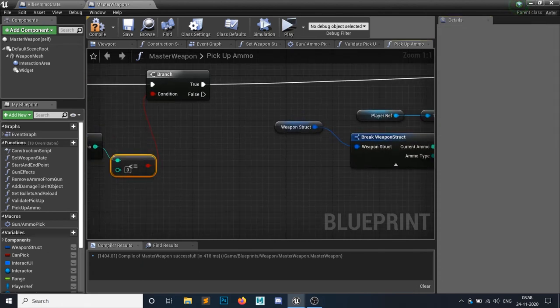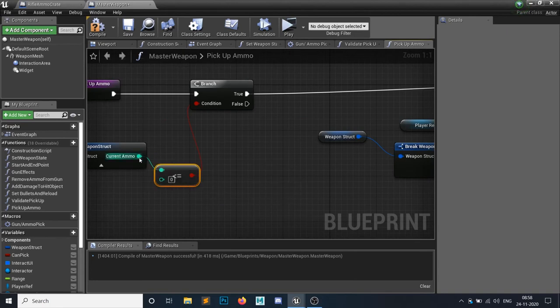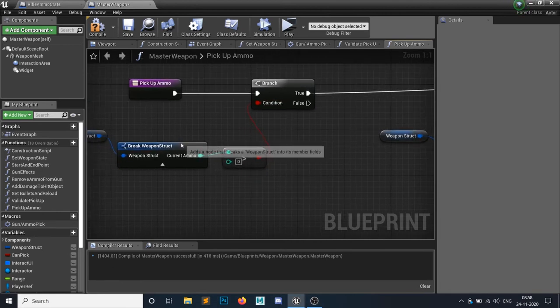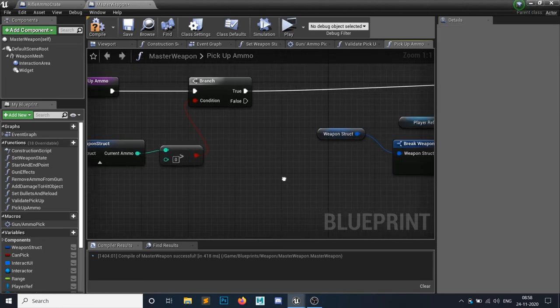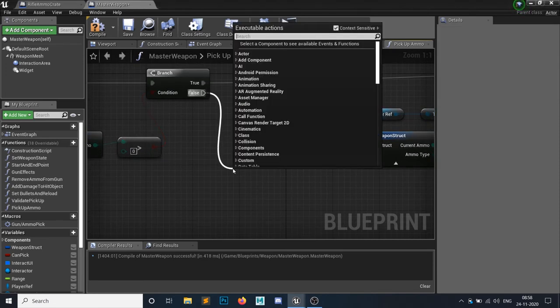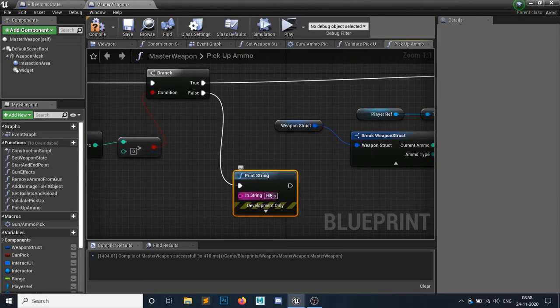If it's greater than 0, sorry, not less than or equal, because I want to follow the true branch, then yes, we have enough ammo to add, so we follow the true branch. If it fails, then let's print a string called gun empty. Okay, hit compile, save, and let's minimize it.